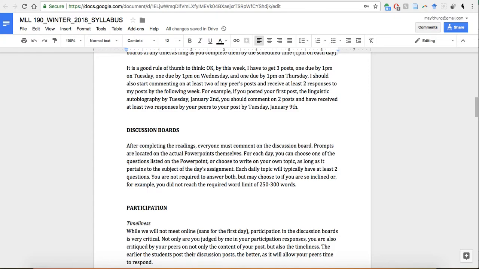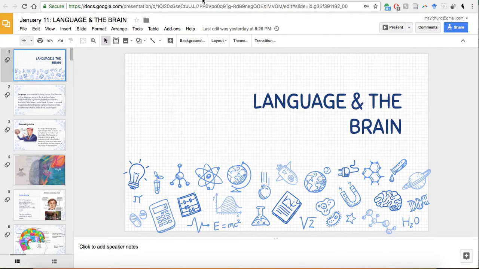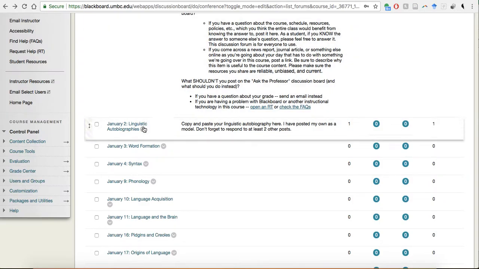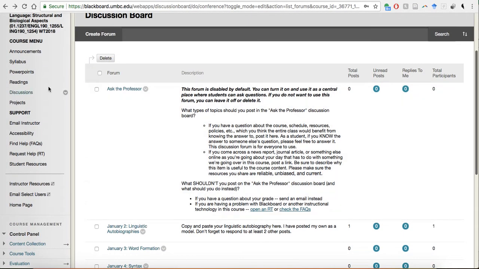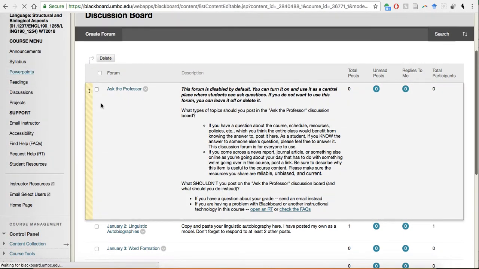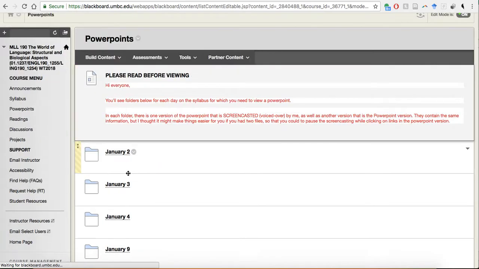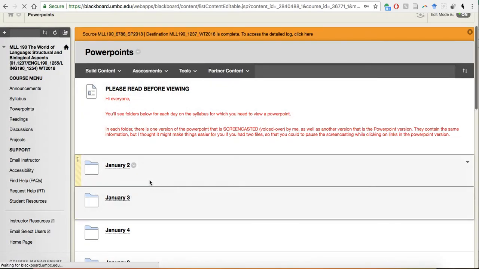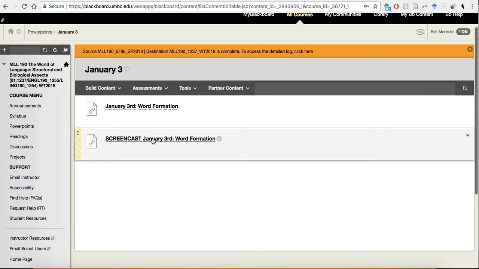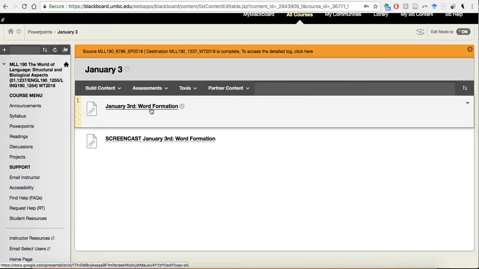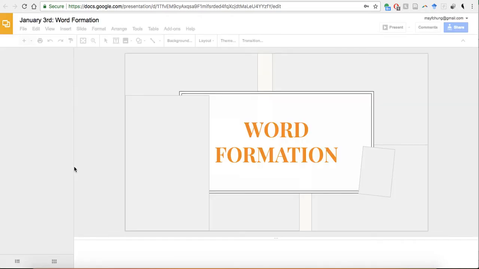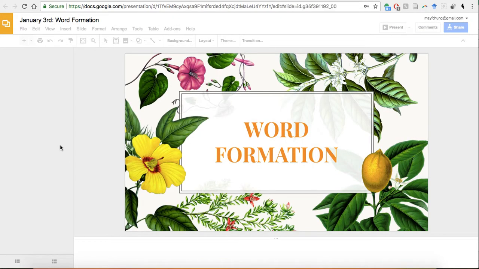You can go on to the lectures themselves. So for example, under the PowerPoints, I usually post them in the screencasting. I usually point to which ones they are. But for example, here's word formation. So for the lecture on word formation, all I have to do is,